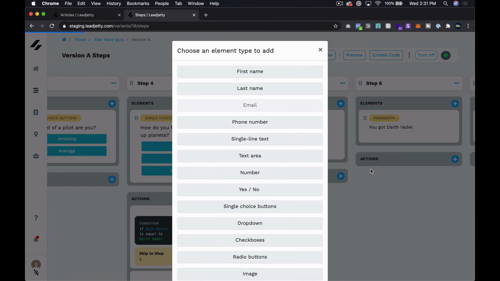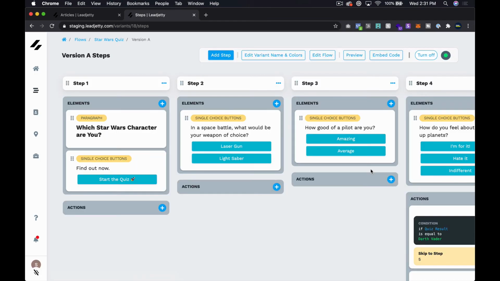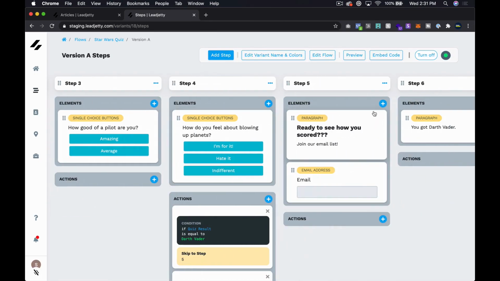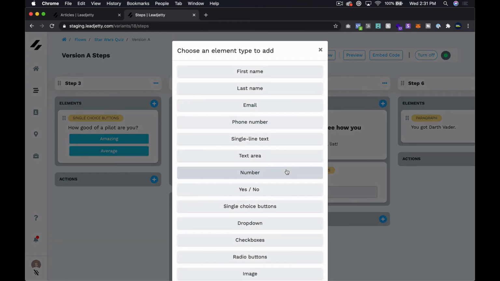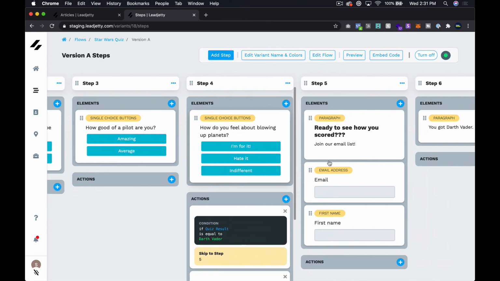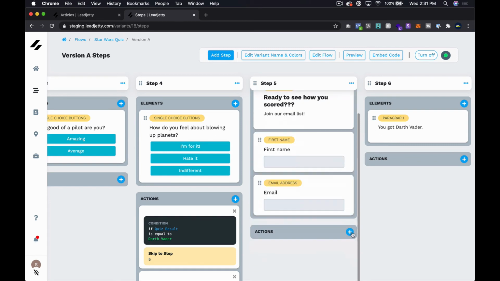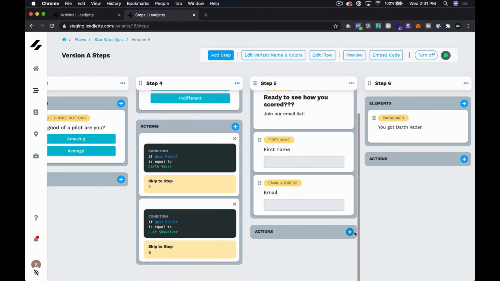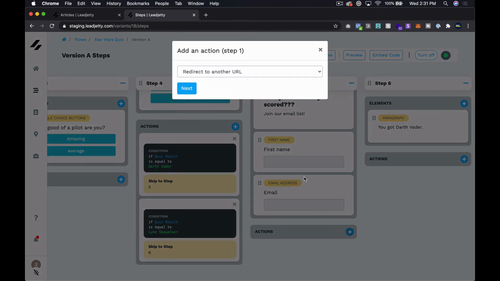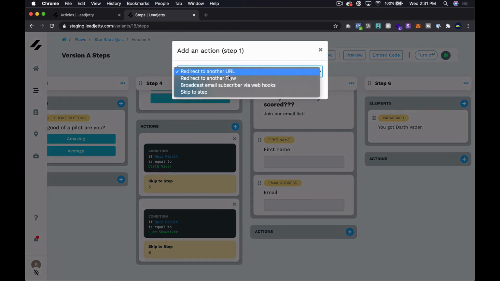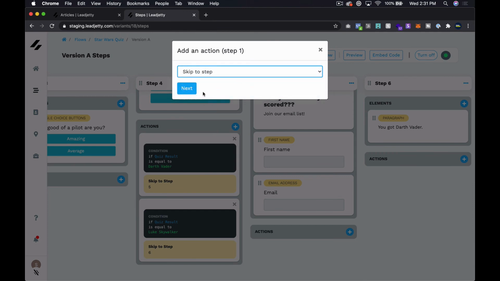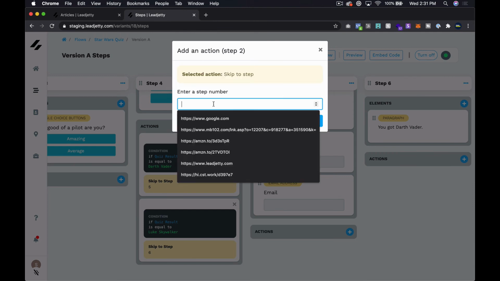and we need to speed up our testing server because it's a little bit slow here. So email and maybe first name. And you would obviously integrate this with, if you have ConvertKit or MailChimp or something like that, at this point you would actually go ahead and integrate. But we're also going to say we're going to skip to our step. So I'm going to skip to step 5